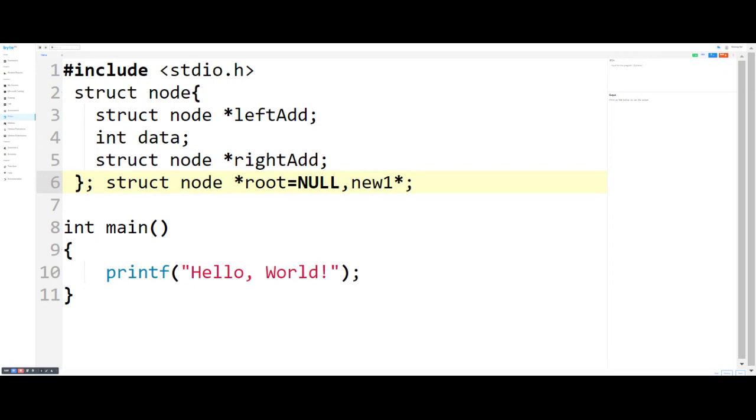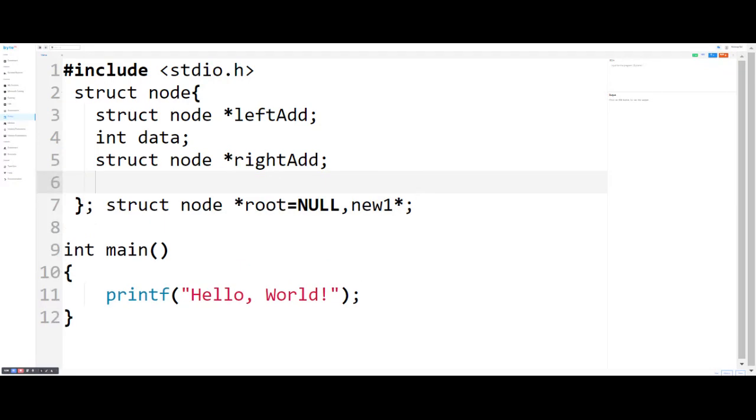So look here, now we have to write in the main function. What is our first step? Our first step is creating a menu driven application. So first we take an integer variable choice, and we take another integer variable n. Getting?